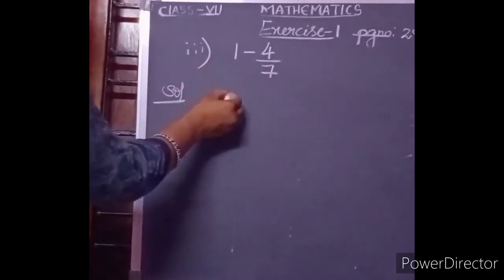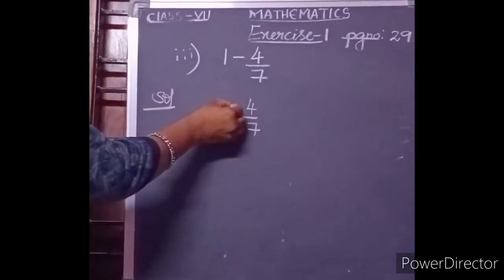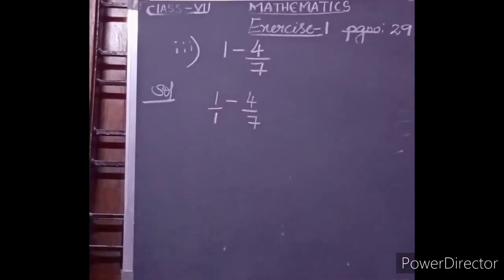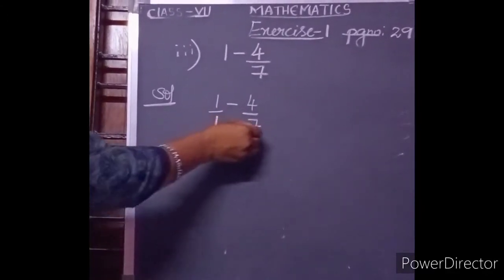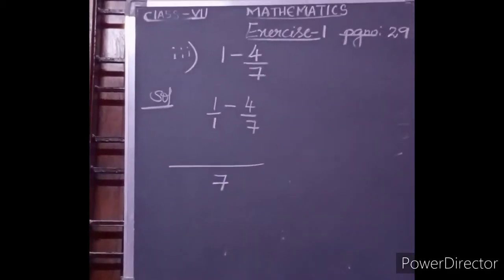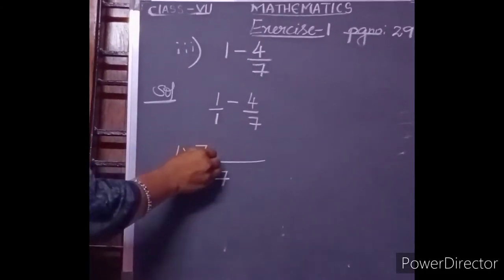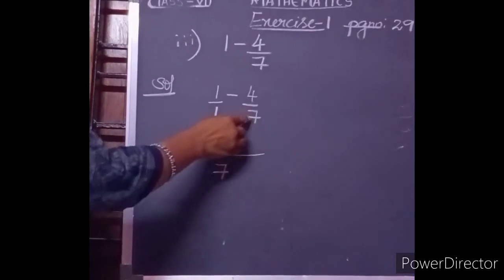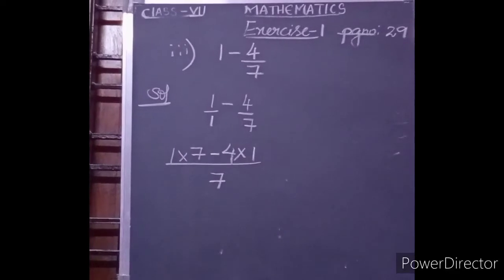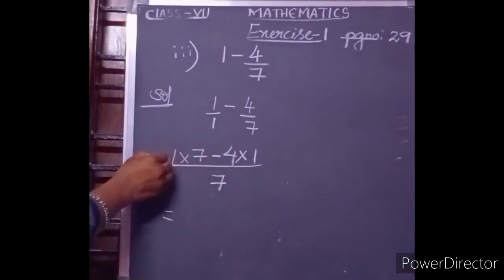Now what is given? 1 minus 4 by 7. I told you previously we have done addition, now we are doing subtraction. If any number is not there, what we have to keep? 1 as the denominator. Now 1 sevens 7. So we got the LCM as 7. So in 1 table when 7 will go children? 1 7 minus. In 7 table when 7 will go? 7 1 7.